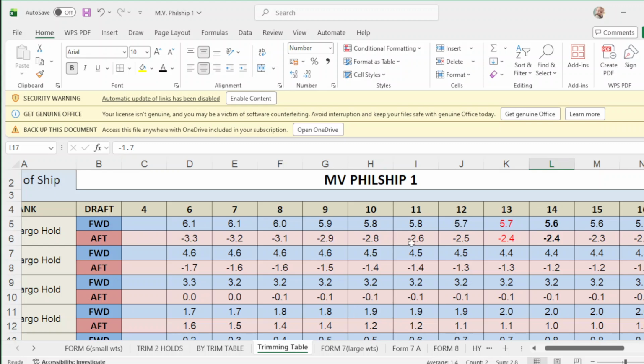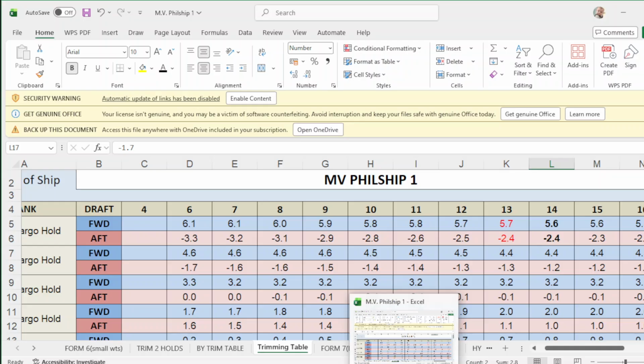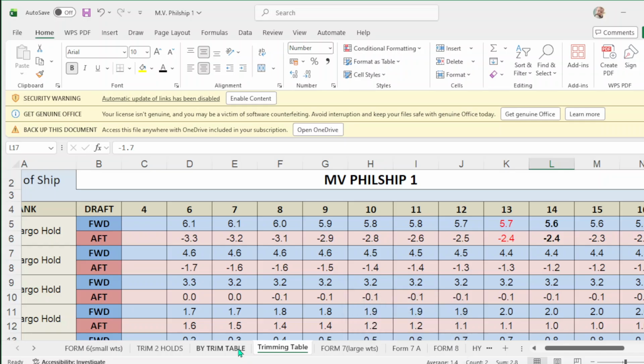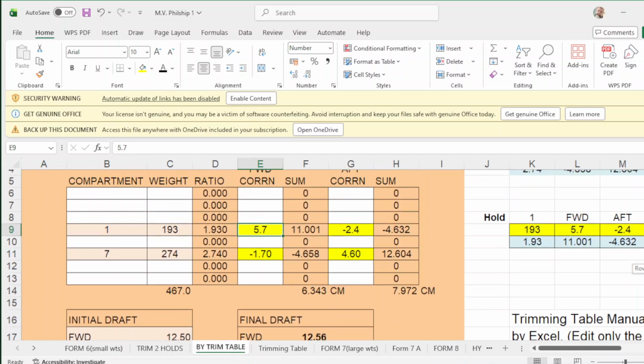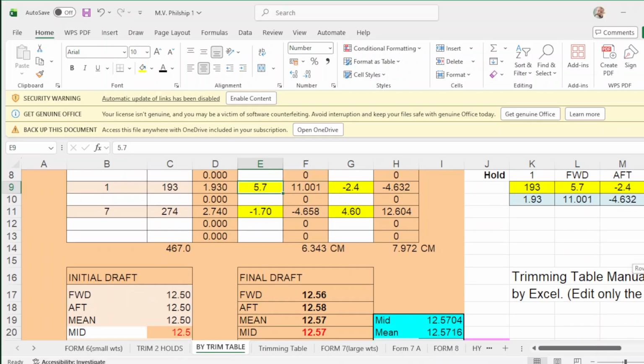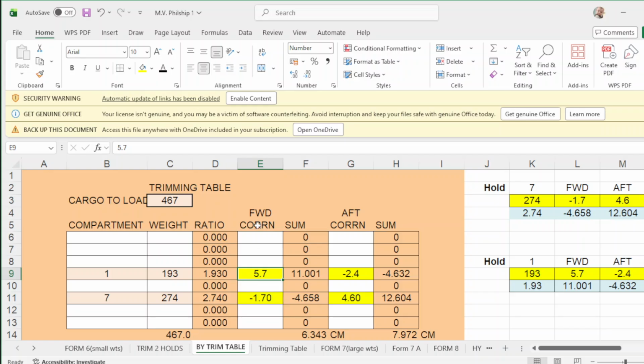Now, forward 5.7. So we go here. So forward, take note, this is your forward drop. A forward correction, we will adjust this one.